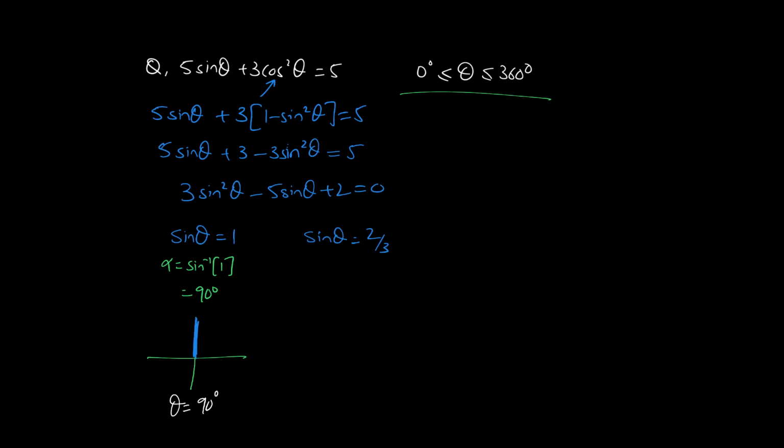Now about the second part, you will take sine inverse of 2 over 3, and you get alpha as 41.8. Now sine theta is positive in the first and the second quadrant. These are your alpha, meaning the basic angles. So the first angle is this and the second angle is this. So the first angle would be 41.8 degrees and the next angle would be 180 minus the answer, which is